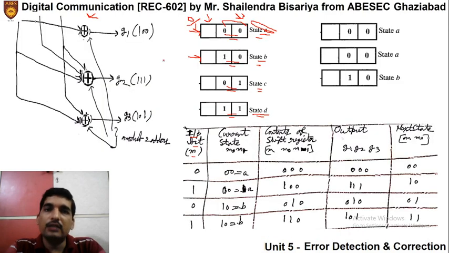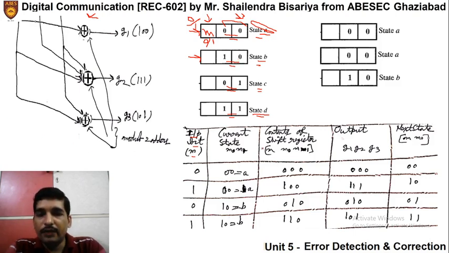But first we will discuss in a generalized manner, taking both values, 0 or 1. Based on that we will define the states and draw the generalized state diagram, then we will move further to the specific given sequence. So the message bit M may have the value 0 or 1. When it is 0, it will be shifted here and the next state will be 00. When it is 1, it will be shifted here and the next state will be 10, right?